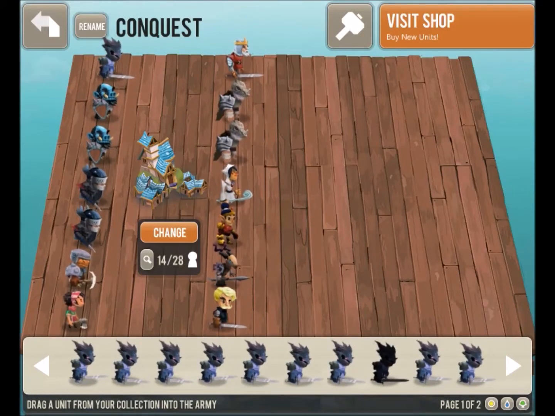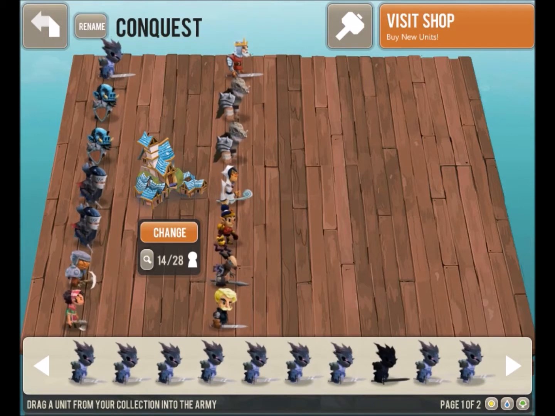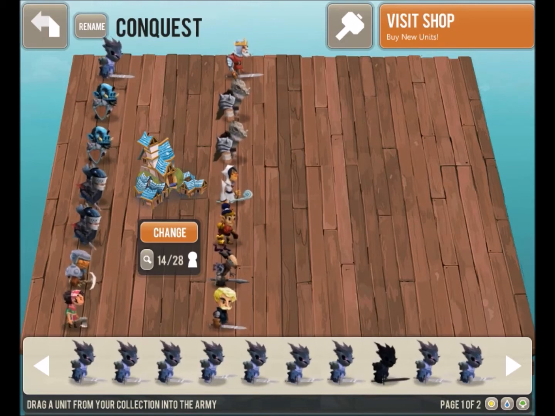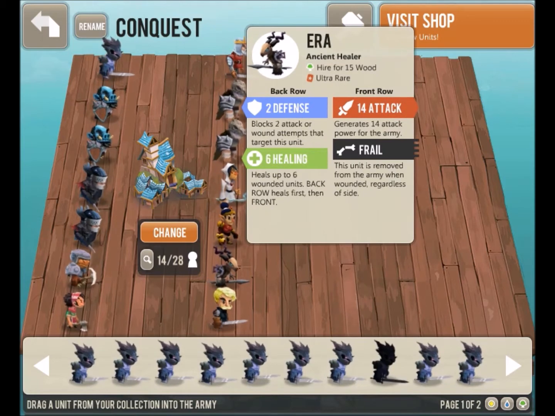Hey everyone, Salsa here. In today's game of Highgrounds, I will be playing a greedy Matriarch army versus Fighter Tribal. The army's purpose is to abuse Tally's Matriarch ability to cheat expensive units such as Cliff, Era, and my commander